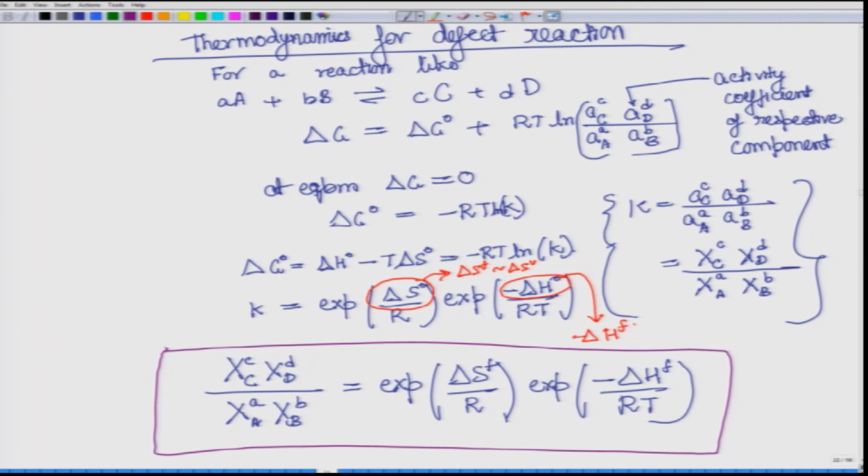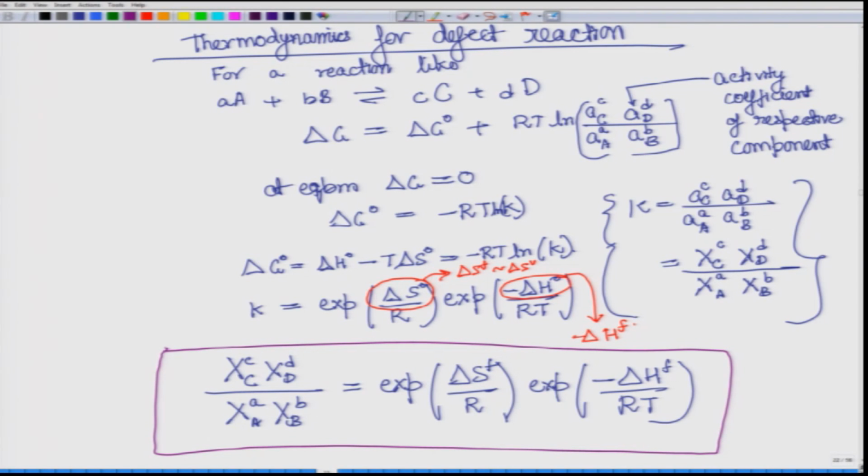So, now whenever you write a defect as a reaction, you would know all these quantities: the uppercase A, B, C, D and the lowercase a, b, c, d. Relative to that, the thermodynamic quantities delta SF and delta H also would be known. Therefore, if you know the right hand side, you can get the left hand side, and if there are one or two components on the left hand side that you do not know, you can find those, or at least the relative ratio between the two. So, that is the usefulness of writing a defect as a reaction.